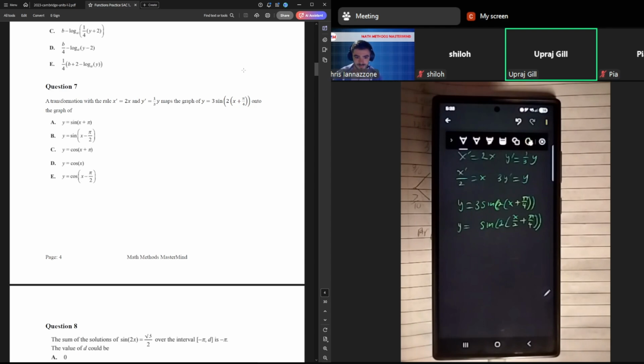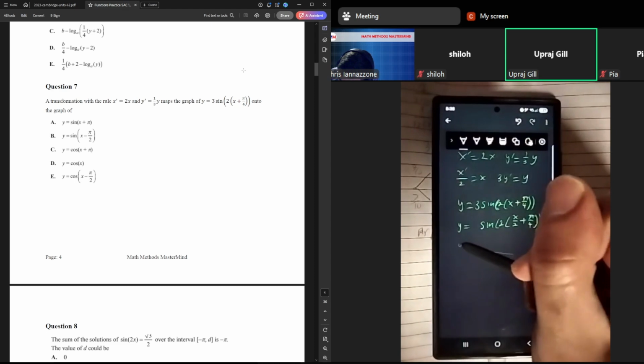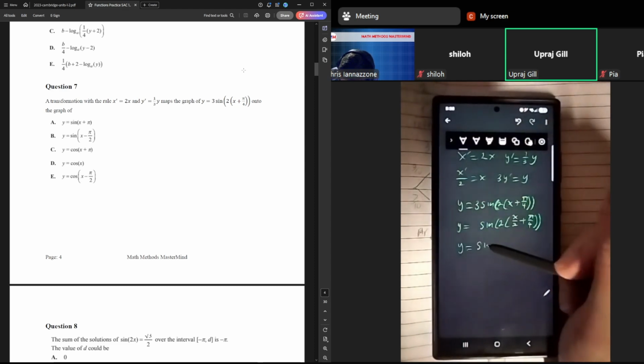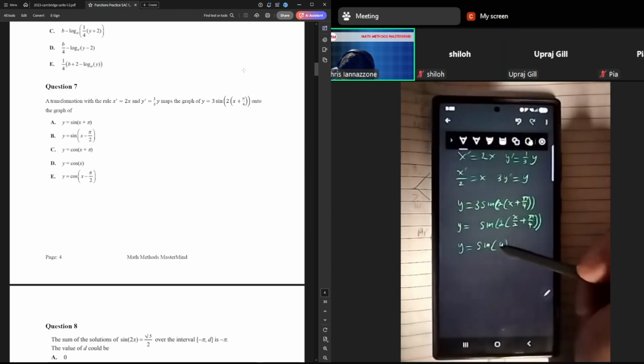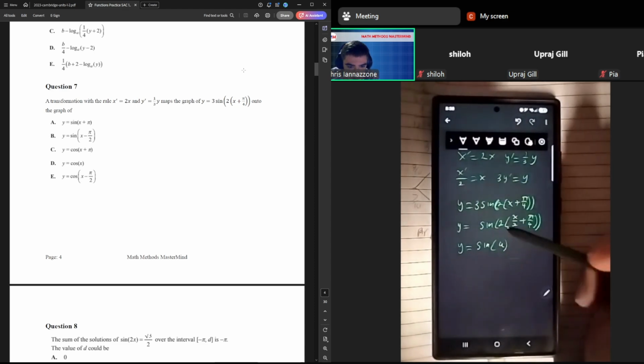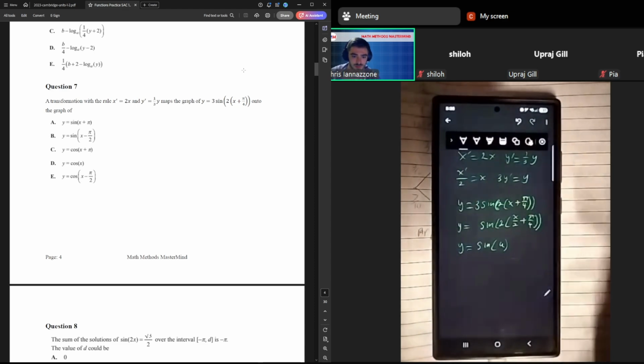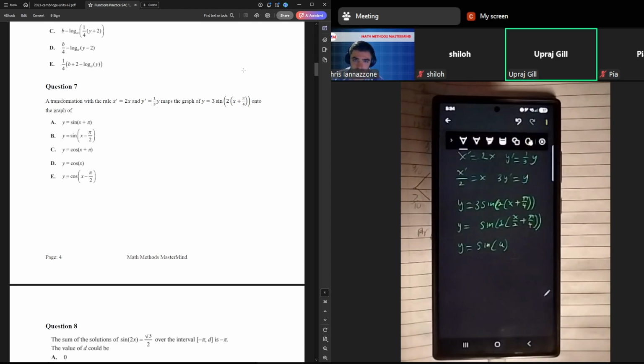Since the inner isn't like sine x, do we substitute it with something? So you're saying like replace all the brackets with like a u substitution? Yeah. Okay, so if I did that, it would be something like y equals sine of u. That'd replace the entire brackets where u equals 2 bracket x over 2 plus pi over 4. Well, we're not solving, so maybe